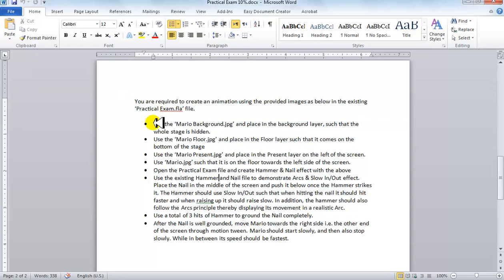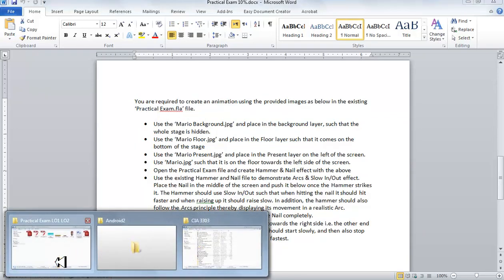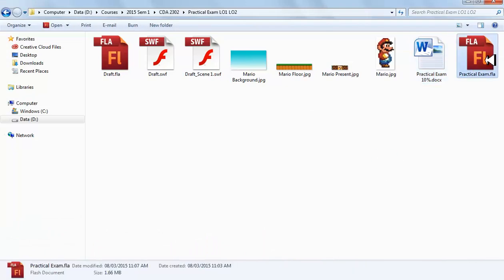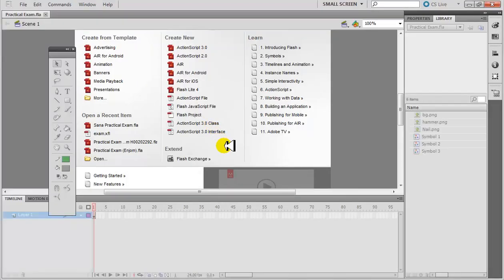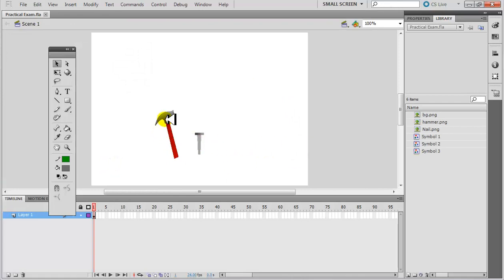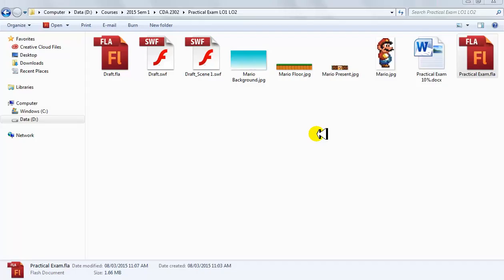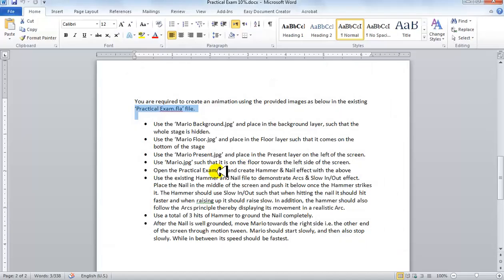So you have a practical exam.fla file. You will see this over here, practical exam.fla. Open this and you will see some items already over there. The hammer and the nail is already inside it. So the next thing you want to do is use the Mario background JPG and place it in the background